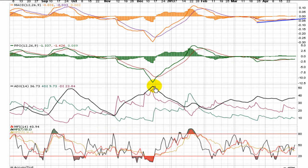Classic PPO ADX pinch, of course, that's when the big move happened. That's why we look at that position all the time. ADX itself is still in a nice reversal position, up near 40. Negative DI is coming down a little bit, positive DI is down low, plenty of room for a move. Not getting anything really from the MFIs, still down below 50, but they are creeping their way upward. Be looking for the break of 50 and a hold above that level to show people are paying higher prices